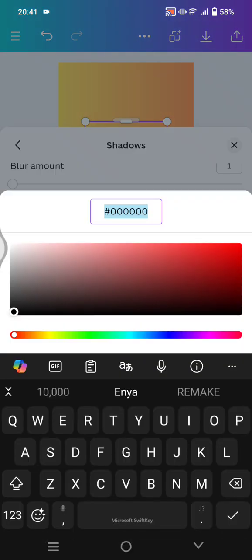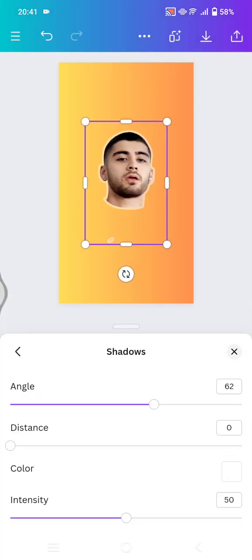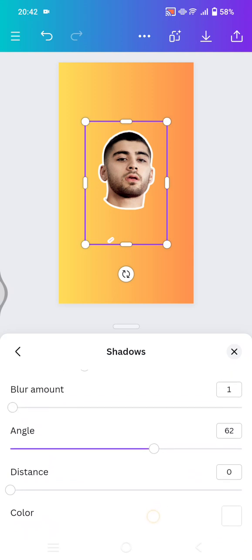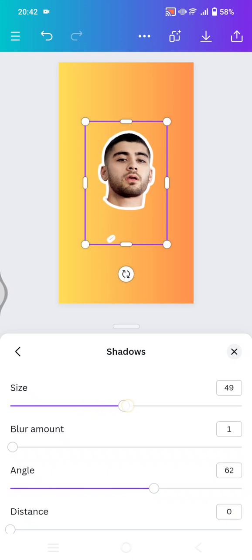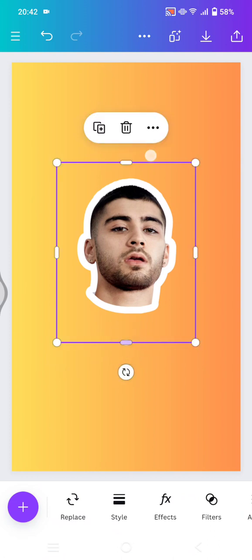Now change the color into the one you want. I'm going to just use a white color as the outline. Go back. Here adjust the intensity. I'm going to go with 100 for the intensity, and I'm going to make the size bigger, so like this. I'm going to just crop it